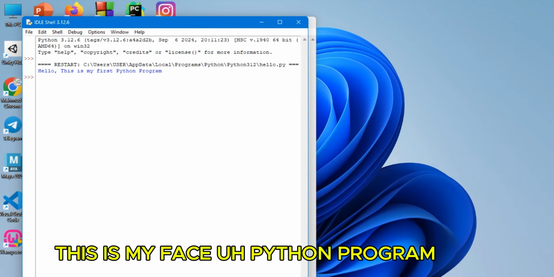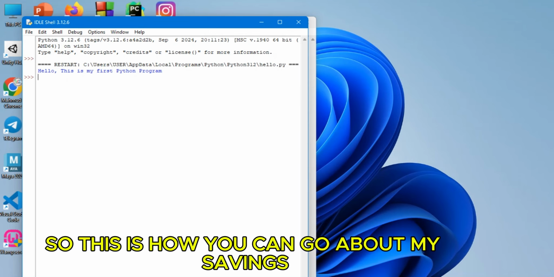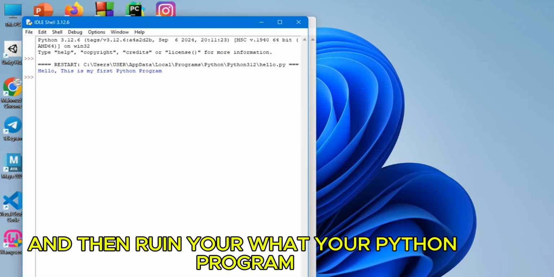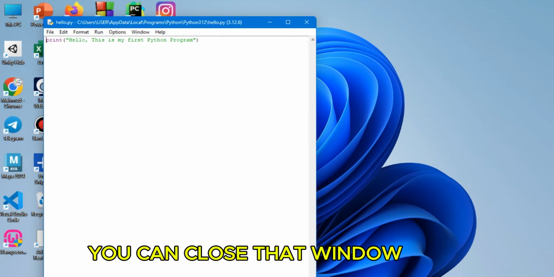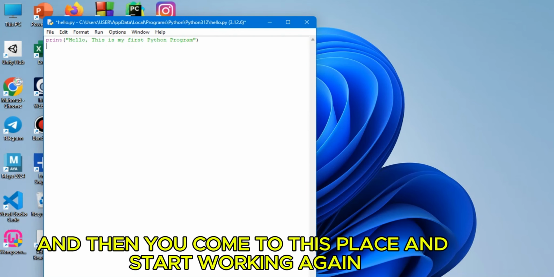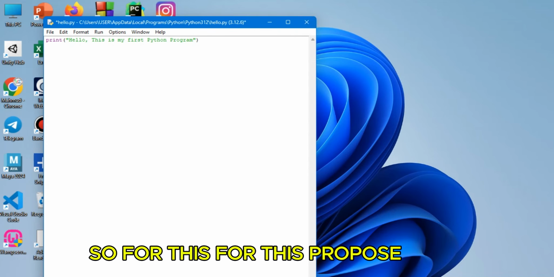This is my first Python program. So this is how you can go about saving it and then running your Python program. You can close that window and then you come to this place and start working again. And so for this purpose,